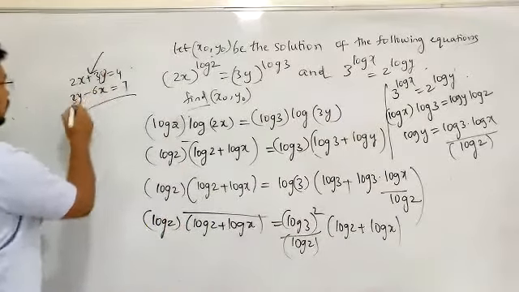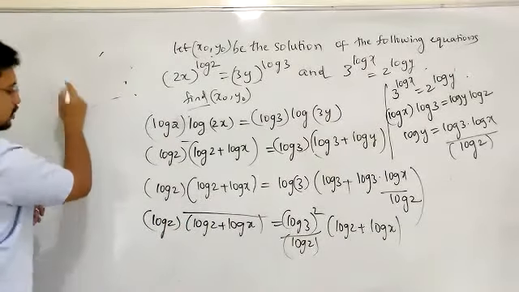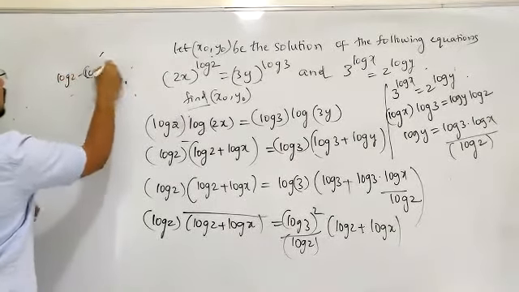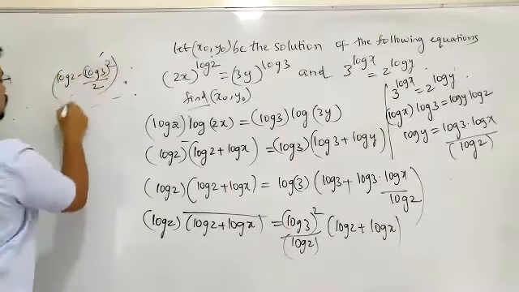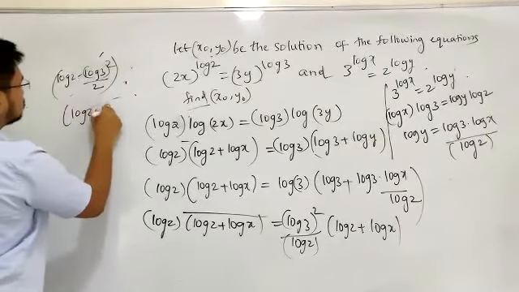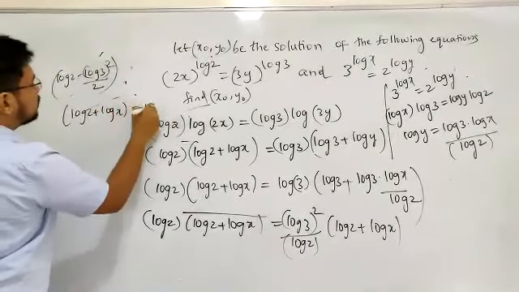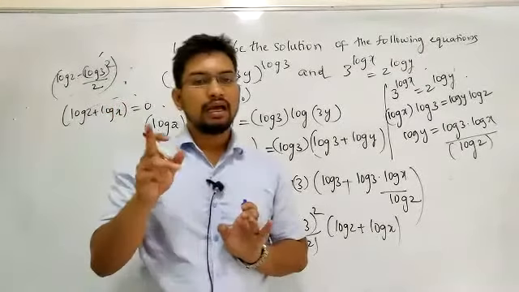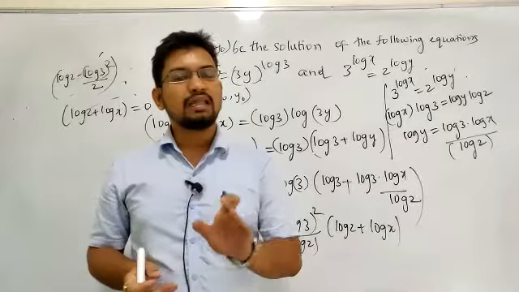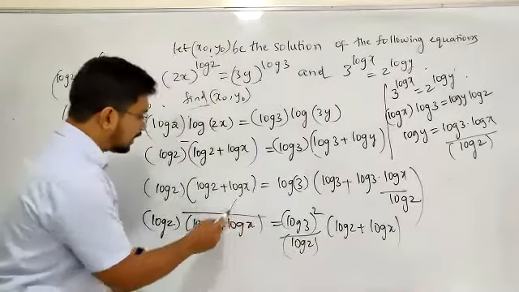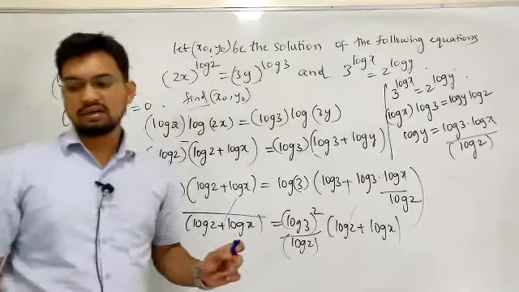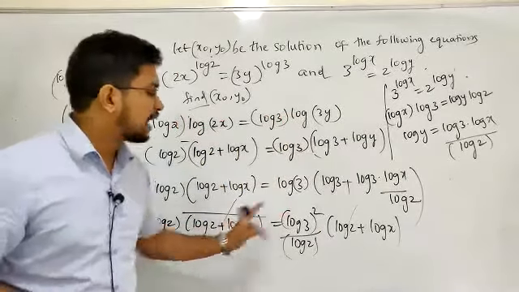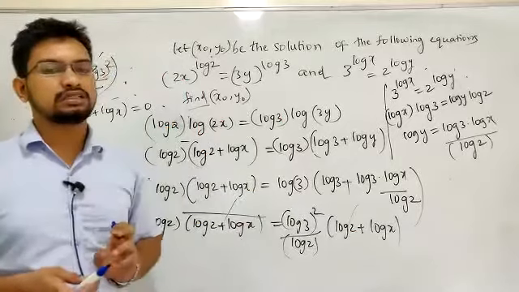Once that is obtained, this problem becomes something like this. So log 2 minus log 3 whole square by 2 into log 2 plus log x. This value must be equal to 0. Right, one side. I told you the other day, many students, what do they do? The mistake students will commit here is they will be cancelling these two terms on both the sides.